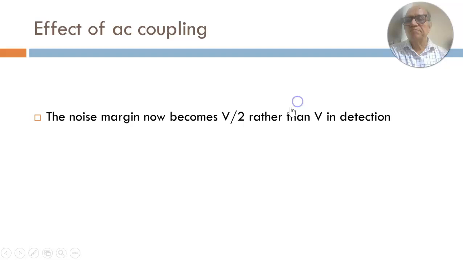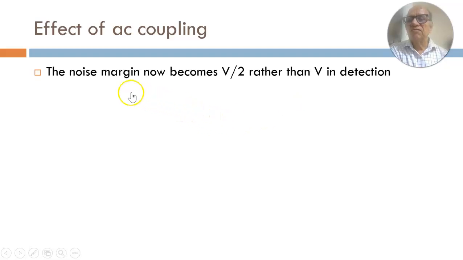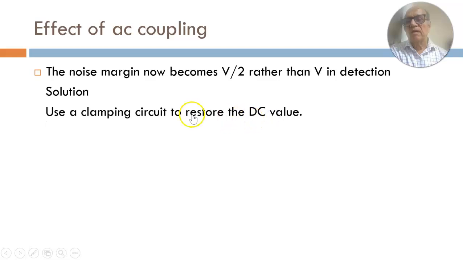Let us discuss them. First of all, we have said that if we don't use the clamping circuit at all, then the noise margin now becomes V by 2 rather than V in detection. So the solution, we said, is to use a clamping circuit to restore the DC value, so we get the original noise margin. But this does not completely solve the problem,